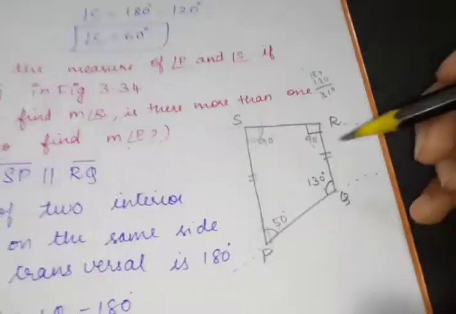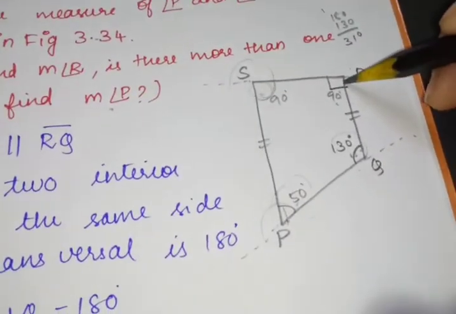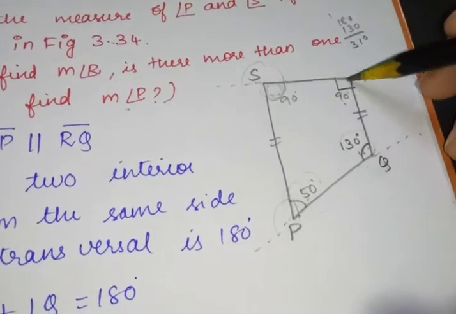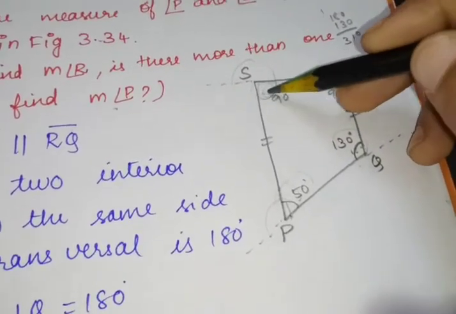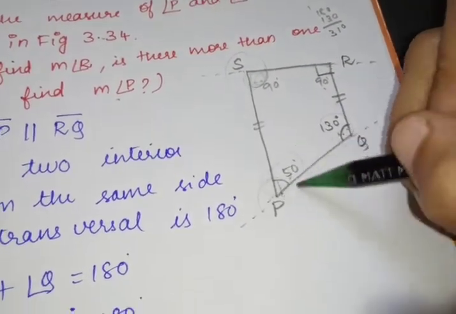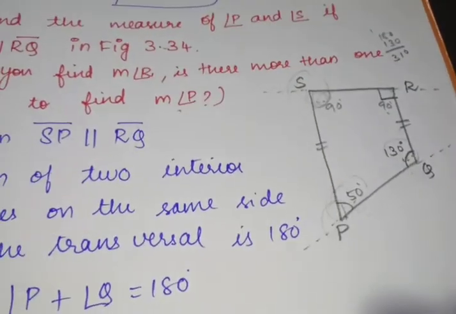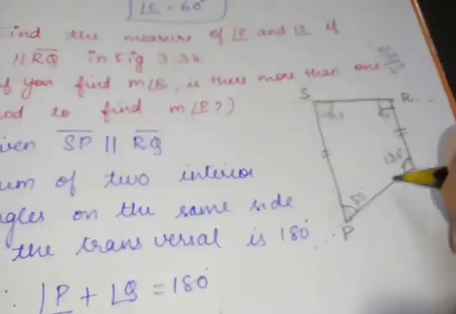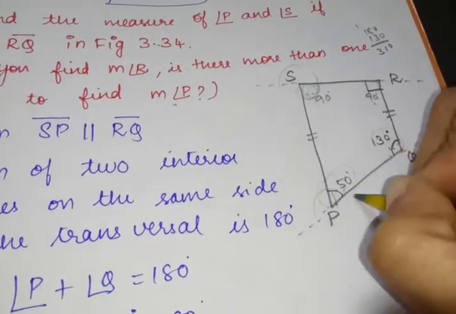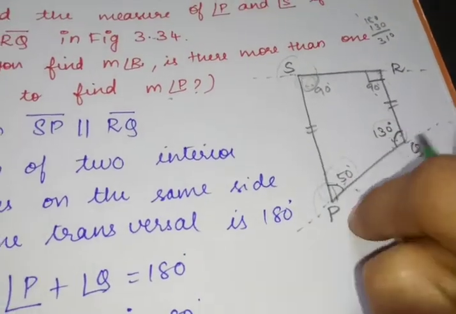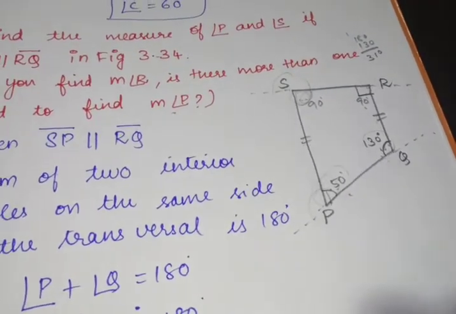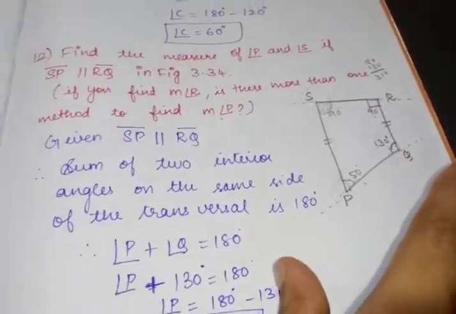So first listen, children, these two angles only you know. You can find this angle by using the transversal rule. Then you can add all the three and subtract it from 360, and you will get the angle P, because the sum of all the four angles of the quadrilateral is 360 degrees. So if you add all the four, it should be 360. So easily you can find the value of P. So this is one more method. You can write that in the next step.